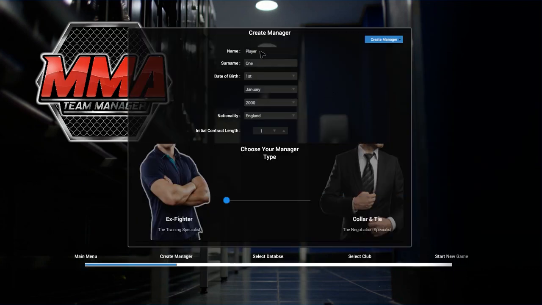I'm going to leave the default settings, name player 1, date of birth, nationality, choose your manager type. The X-Fighter manager type is a training specialist. You get bonuses on the training screens, and the collar and tie manager type is a negotiation specialist. You get all kinds of bonuses when you're negotiating contracts with staff and fighters. So